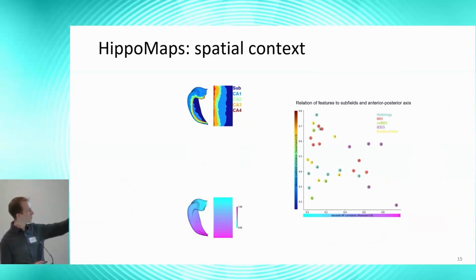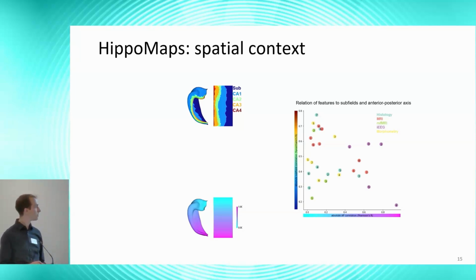So here again, I'm just showing different colors representing different modalities. So we have features like intracranial EEG in purple there, which were generally quite correlated with this anterior-posterior axis. And then on the y-axis here, I'm showing the different subfields as discrete labels. So we're doing a Pearson correlation here. And you can see features like a lot of the structural and histological features were highly correlated with the subfield